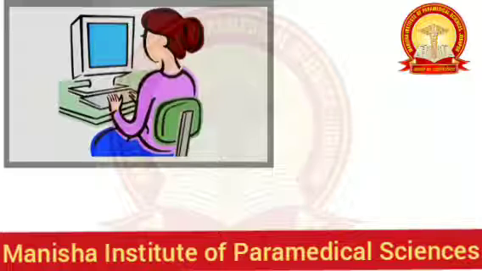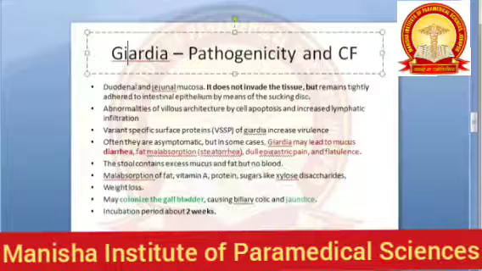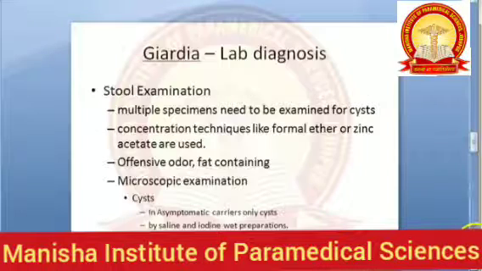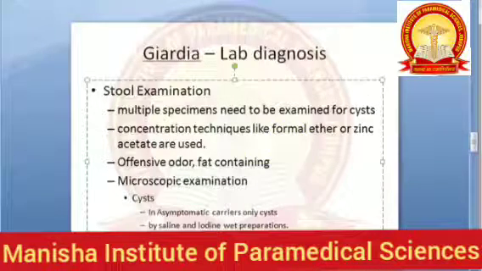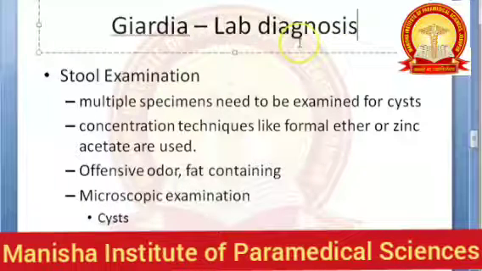Giardia lamblia is a protozoa which has flagella. It is intestinal. The habitat is the small intestine especially. In the small intestine it will exist, and in the large intestine it will encyst. The infective form is the cyst. Remember, it will not invade, it will stay in the lumen. It will adhere to the intestine.